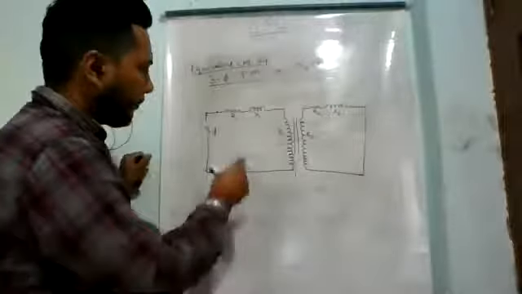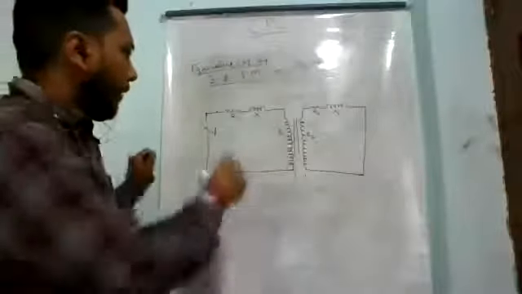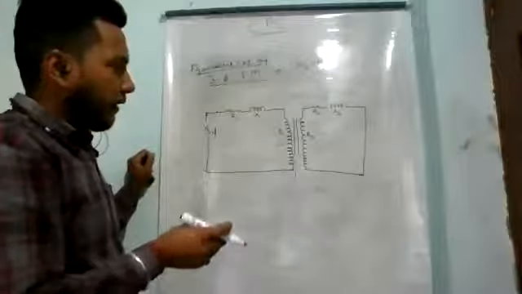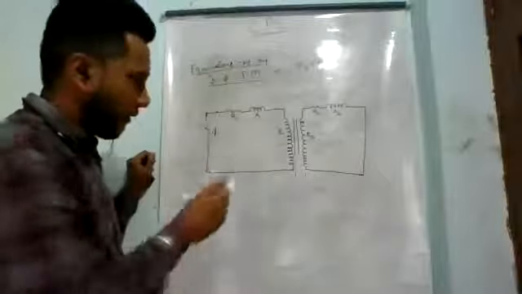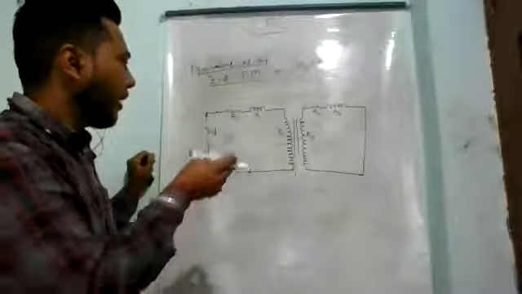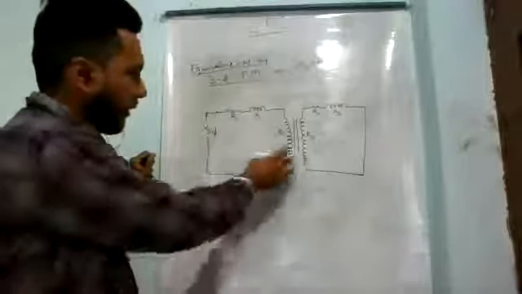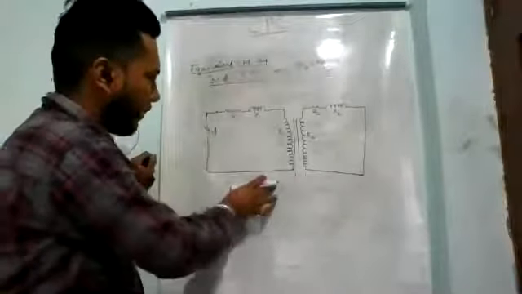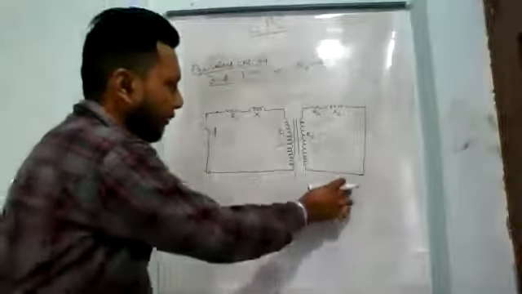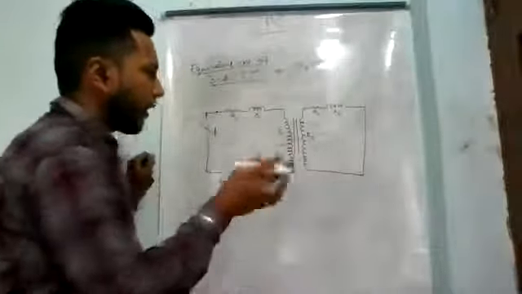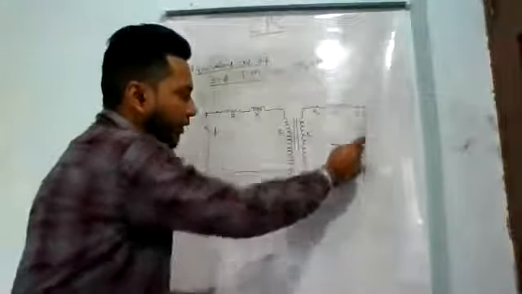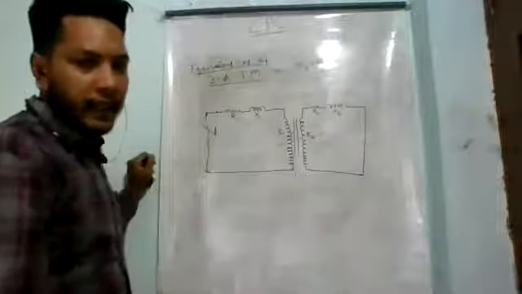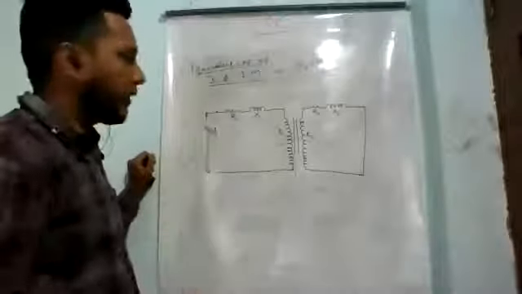Now, as I said, the primary side of the transformer is the same as that of this equivalent circuit of the induction motor, but there is a difference on the secondary side. In a transformer, on the secondary side we connect the load, but in a three-phase induction motor, we short this secondary side. Now let us calculate some parameters from this equivalent circuit.